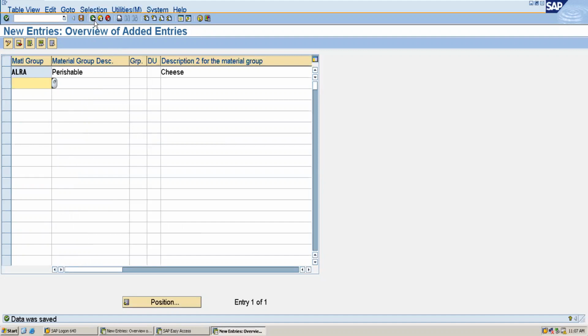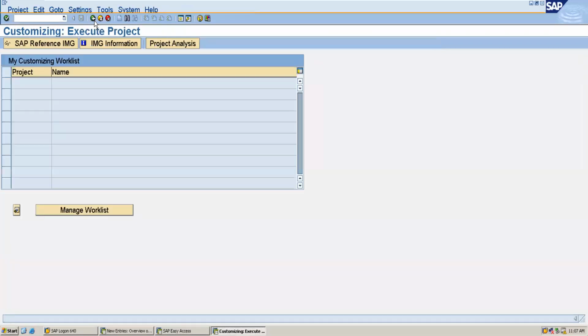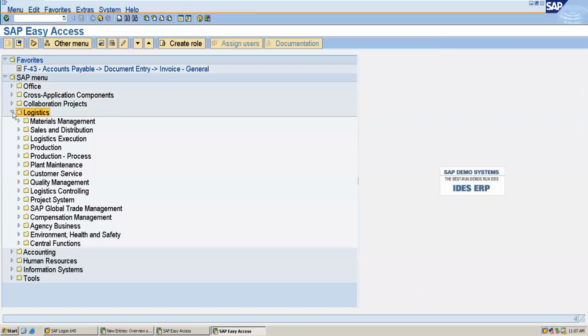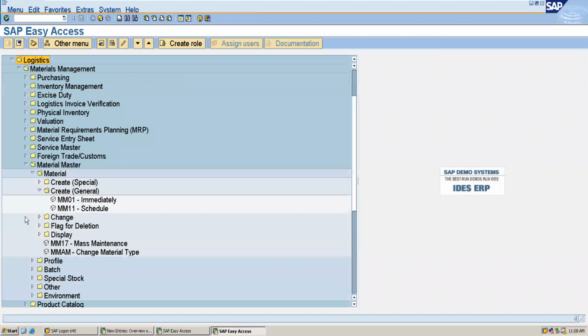For that, the transaction code is MM01. I'll show you the path where you can do this. So let's go to the SAP Easy Access screen. From here, you have to go to Logistics, then Material Management, then Material Master. Then in the material, create general, MM01 immediately.